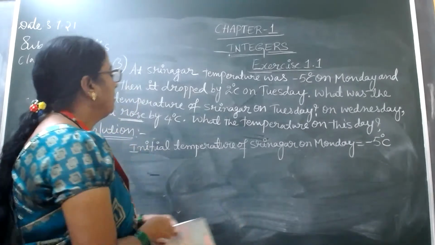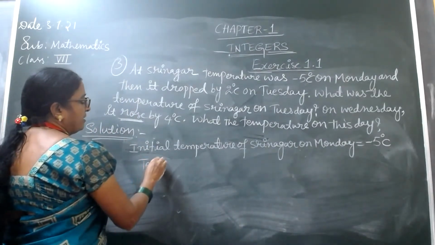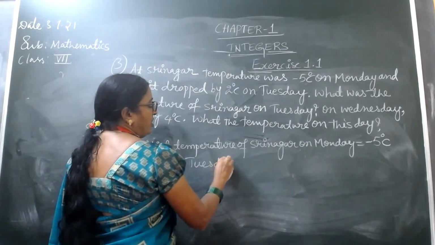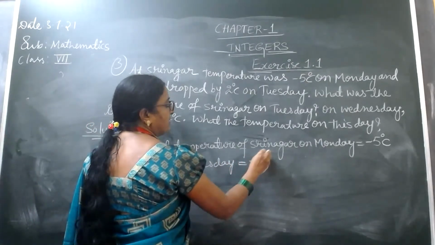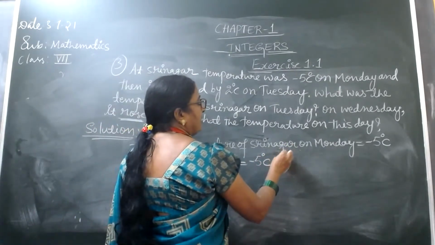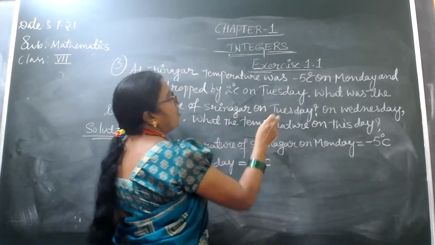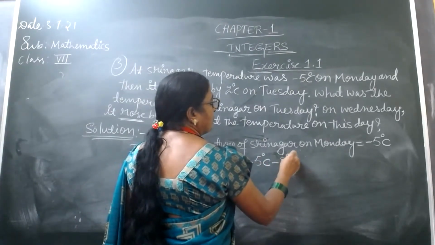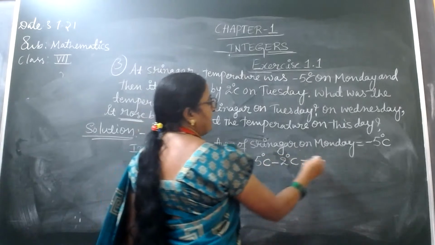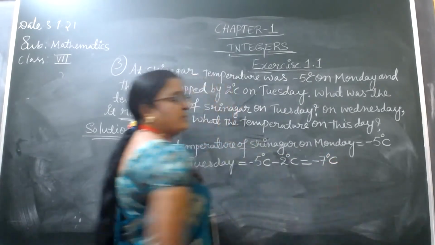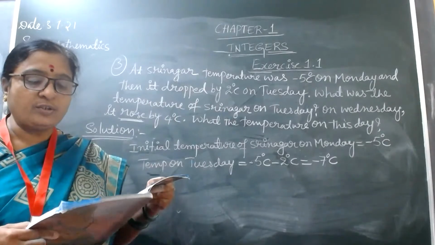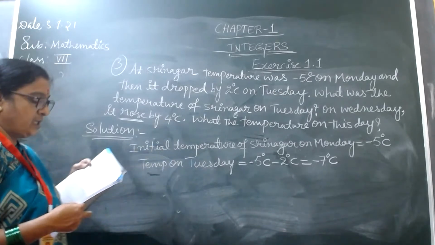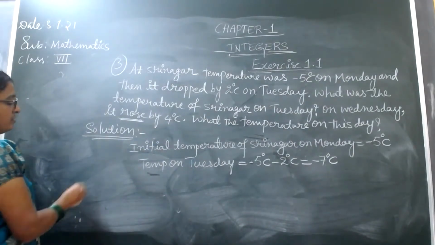What should you do? For the temperature on Tuesday, you write down Monday minus 5 degrees Celsius. Again, it dropped by 2 degrees Celsius, so drop means you should take negative, decrease, minus 2 degrees Celsius. Again, like sign is there, should add. That is 7 degrees Celsius. Temperature on Tuesday: minus 7 degrees Celsius. Next,